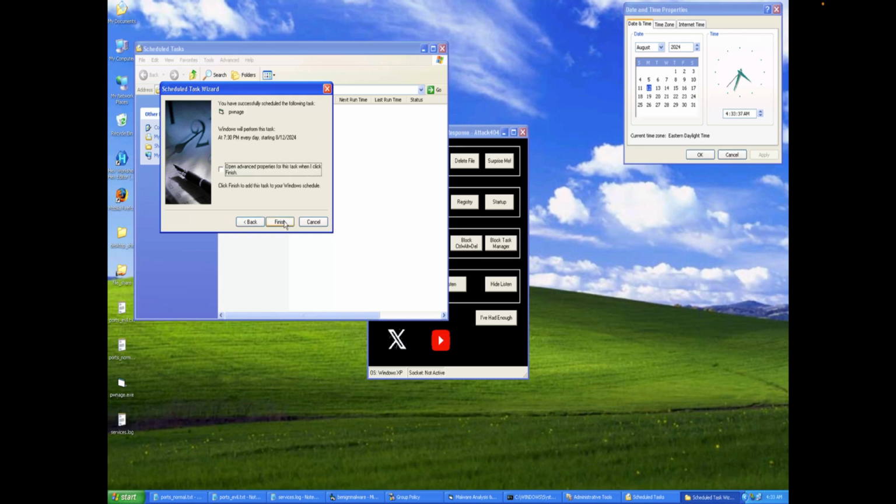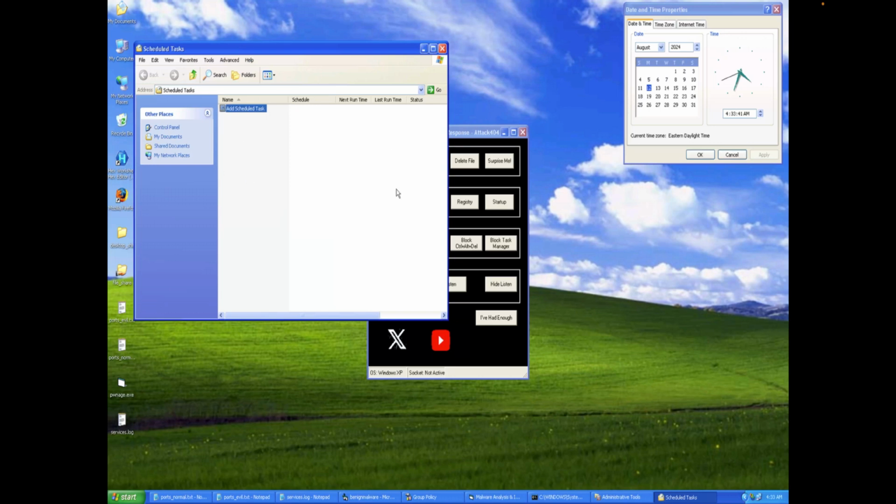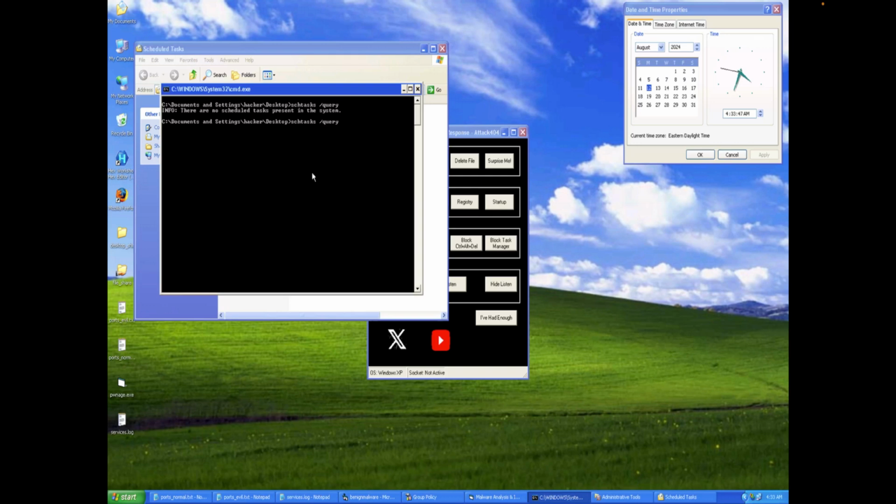Actually, we'll do it without a password. Shouldn't need any of that. So we have a scheduled task already set up. We see it in there. This is one of the places that we could look for it. If we go back to the command prompt and we run that command again, you'll see that we have a